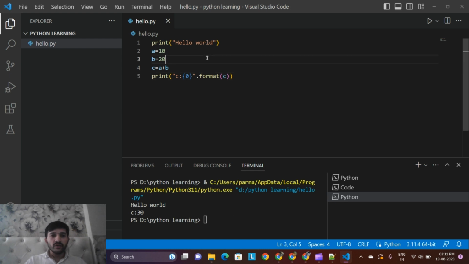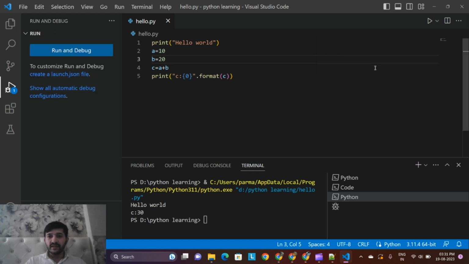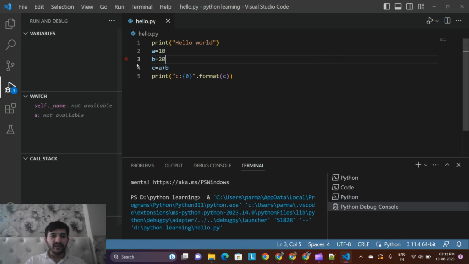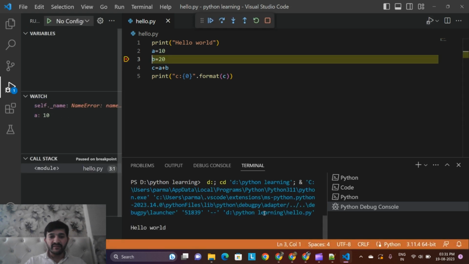Now let's debug this program. In order to debug, just beside this run button, there is a functionality called Debug Python File. If you click on it, this Python program will run in debug mode. You can come to any line, you see a red dot here, and create a breakpoint wherever you need, and run again with the debug option. Whenever you select run or debug, Visual Studio Code understands that for the workspace and remembers it. So when you click again on the run button, it will run this program in debug mode,